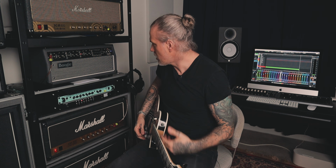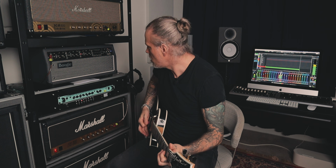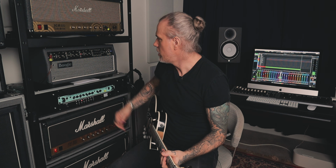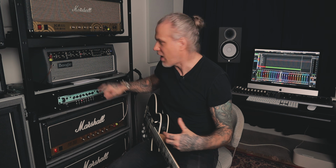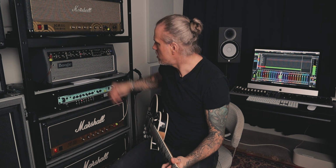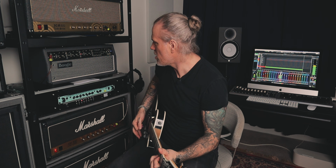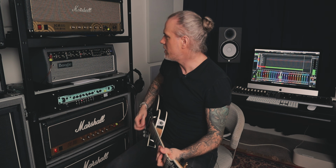So it sounds like, if I take the EQ on, listen. This is what I'm talking about. So a lot of mids. Bass, just that. It's there, it's tight. This sounds right now a bit similar to when you put an SD1 into a clean amp. Just mids. Then when I add the EQ,